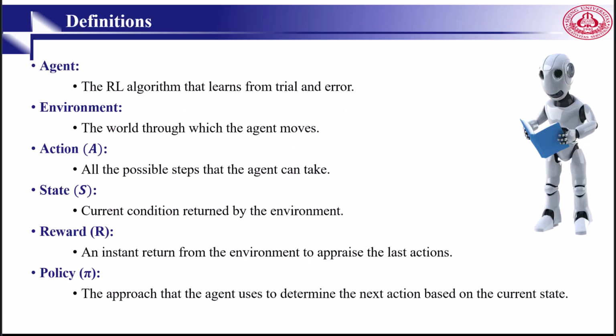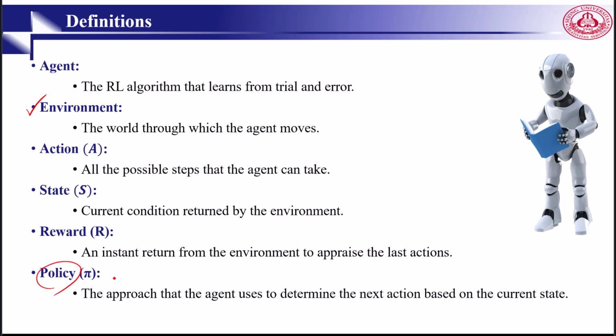Let's define these elements formally. The agent is the learner, and it is also the decision maker. Then we have the environment. The environment is everything outside the agent that the agent interacts with. The goal of the agent is to maximize the total reward that it receives over the long run. Besides the agent and environment, we have three crucial concepts that we need to define. One is policy. The next ones are reward signal and value function.